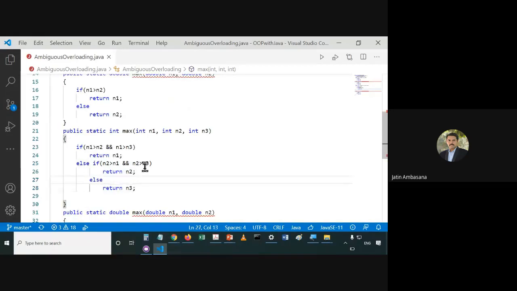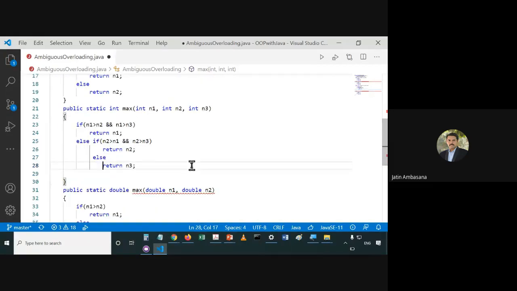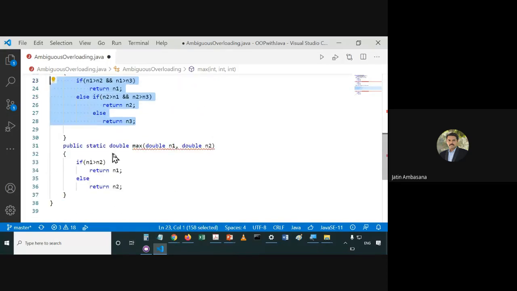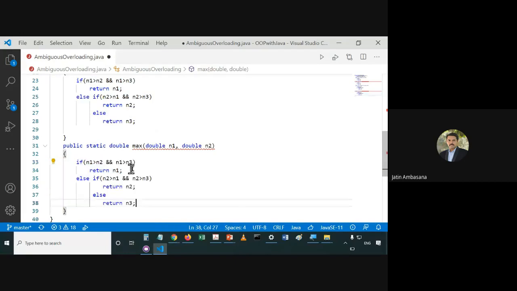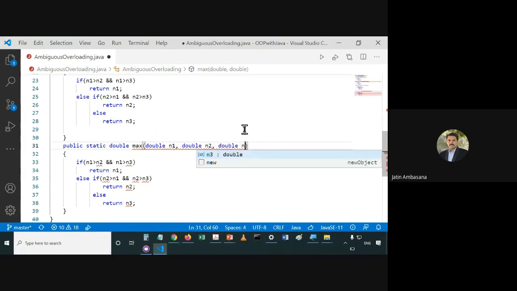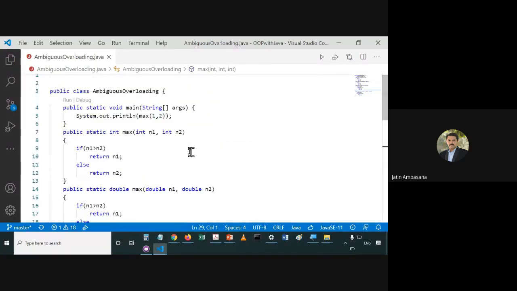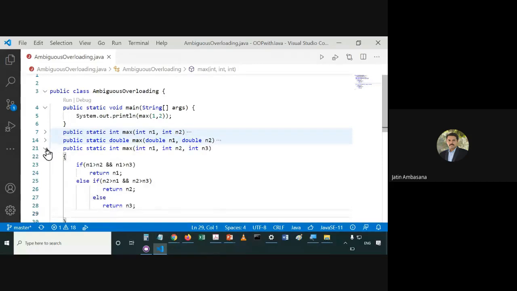Fine. So that is simple code for returning the maximum. We need to declare n3. Okay, that's it. Now see, we have declarations of 4 methods.